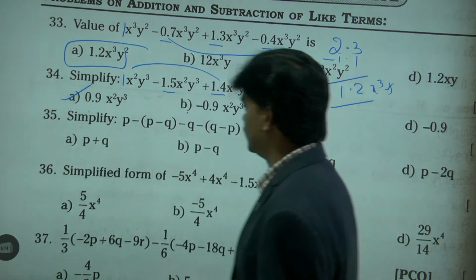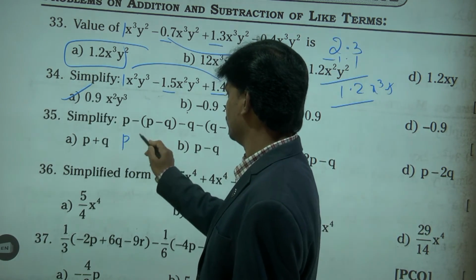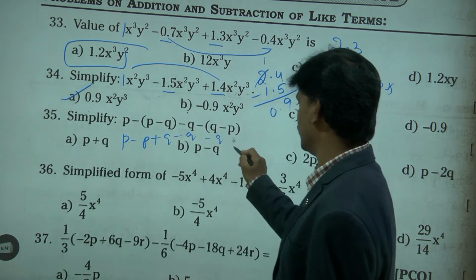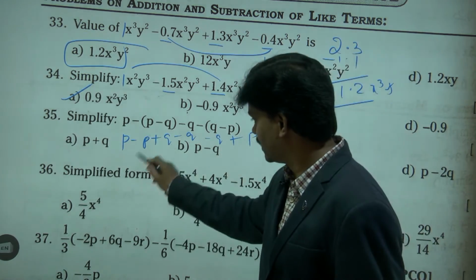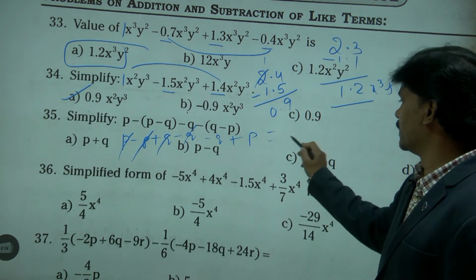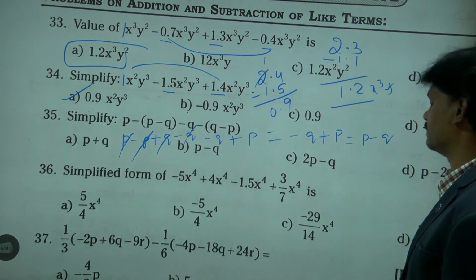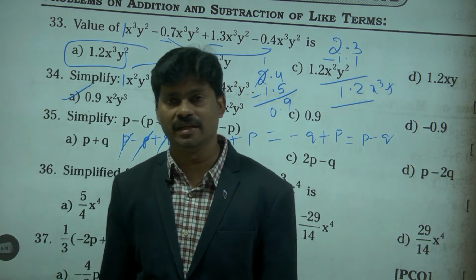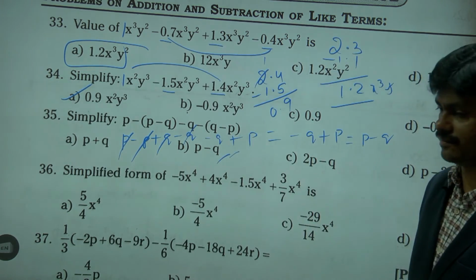Okay. Then this one, p minus q minus p plus q. Here there is cancellation: plus p minus p we can cancel, plus q minus q we can cancel. What is the answer? Minus q plus p. But this is not the right order. I will go with p first. In alphabetical order p will come first. So we will go for p first. So p minus q is the answer. Option B is correct. Okay.